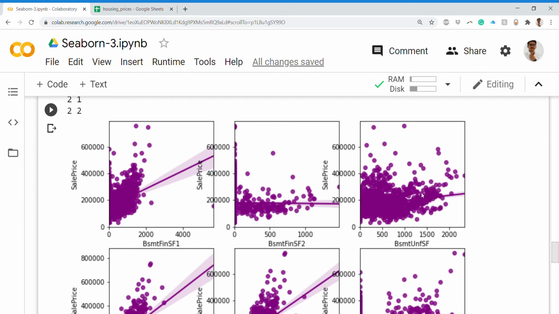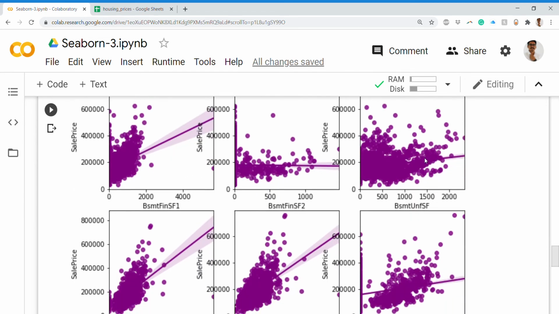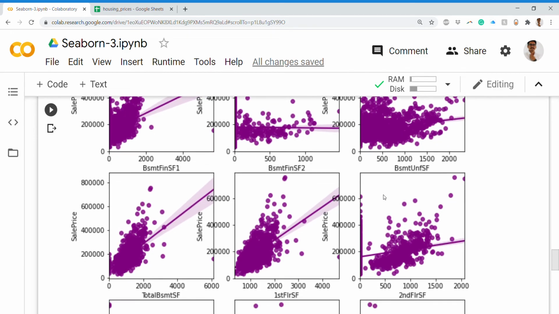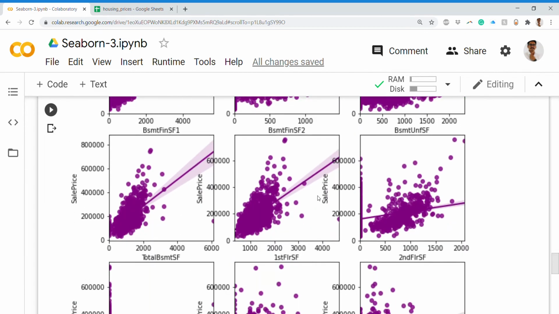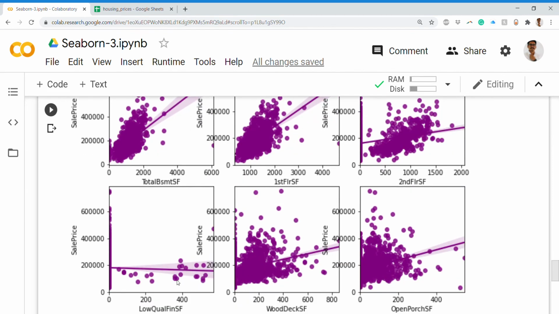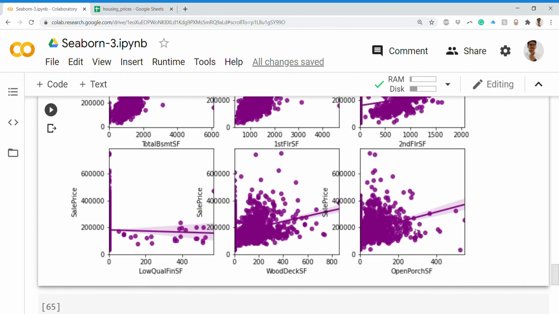Here also it's a similar case for unit SF: there is some coverage but it's not steadily increasing. If you see here, there is a steep increase in the sale price for the total basement because it is much steeper compared to this one. Similar is the case with first floor SF. At the base it's very cluttered, with many overlapping points. For the second floor SF, you have some points covered here. This is a very bad plot, so this does not have a good impact on the sale price. Similar is the case with this plot, that is 3-1 and 3-2.